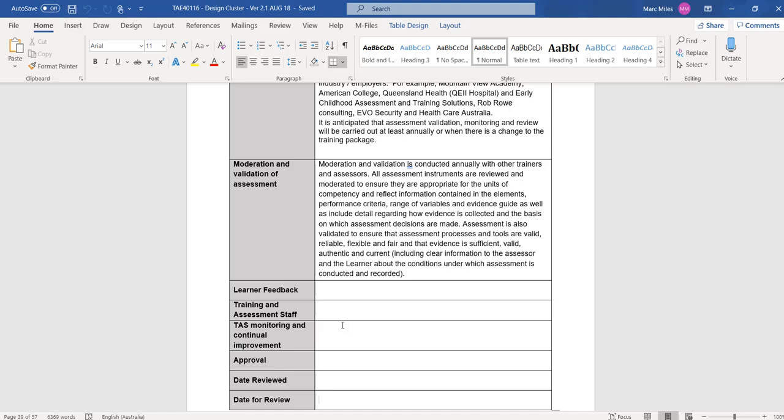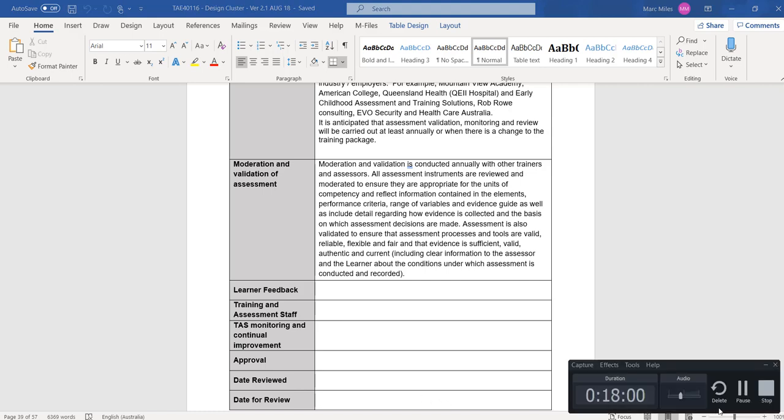So ultimately, though, with a TAS, I can't show you every single version of it. I can't tell you exactly what to put in every single box. As you get more and more exposure to the VET sector, you're going to come across variations of a TAS. However, basically, as I said, it's a plan on how the course is going to be run, and you can certainly read up with ASQA on the different types of things they expect you to put in the TAS, and certainly check out companies like VELG, V-E-L-G, that have great templates available for writing these documents up. Okay, so